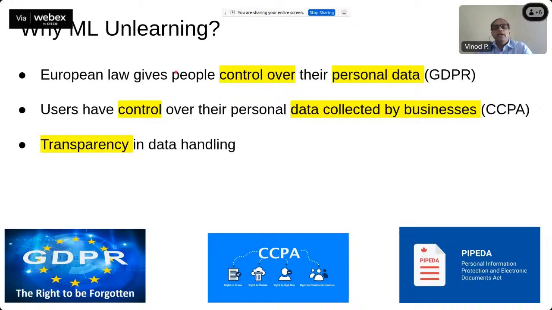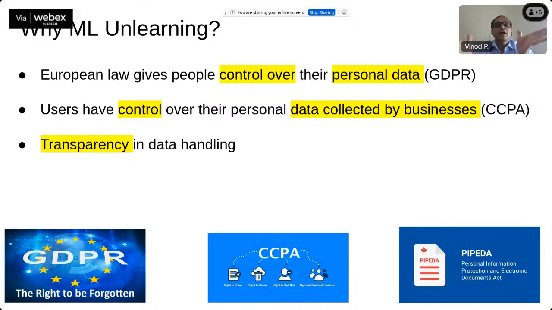So, why machine unlearning? In a nutshell, there are certain regulations by different countries which demand data transparency for all users. A user, who is called a data owner, may share their data with a business organization, and let's say they develop a machine learning model. So on one hand we have the user who is the data owner, and on the other side we have something called the model developer.